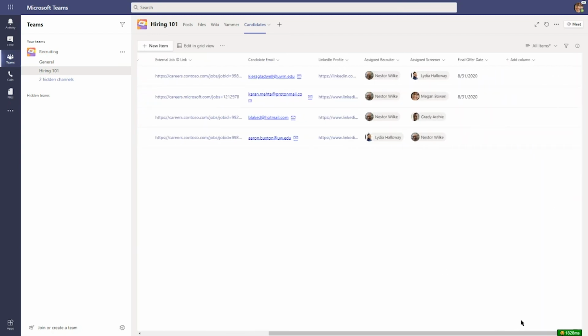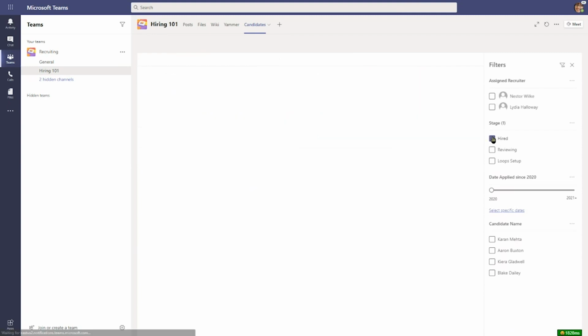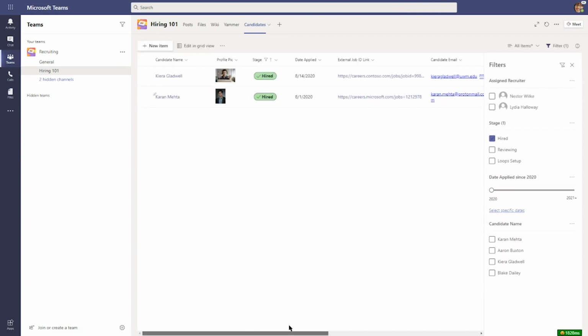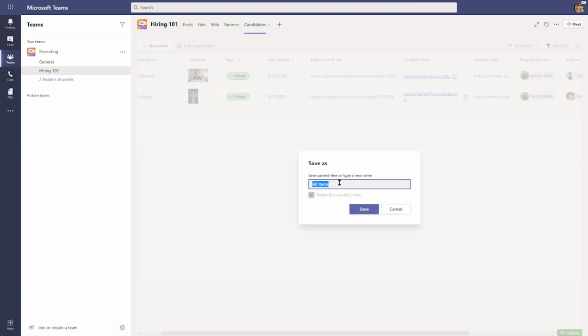And as you see, we also have features like filtering. So if I wanted to filter this list and I want to filter to only see my hired candidates, I can see that the list got filtered and I'm seeing these hired candidates. Now, maybe I want to save this as a view. So I can save this view